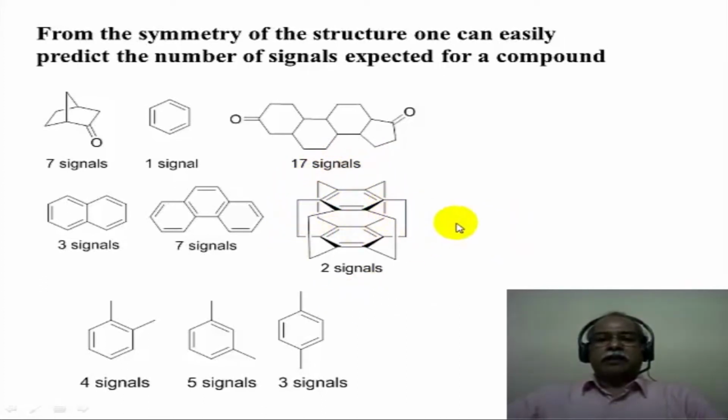Take this example. This is called superphane, where 2 benzene rings are connected by ethylene bridges at all the 6 carbons around it. This benzene and this benzene are parallel to each other, more or less, and this is a highly symmetrical structure. There are only 2 types of carbon. One is the aromatic carbon. All the 12 aromatic carbons, namely the 6 of this benzene ring and 6 of this aromatic ring, are identical. So it gives one signal for the aromatic carbons, and all the 12 side chain carbons are also identical and give only one signal. So this is an example of a fairly complex molecule, but its highly symmetrical nature essentially leads to only 2 carbon signals.